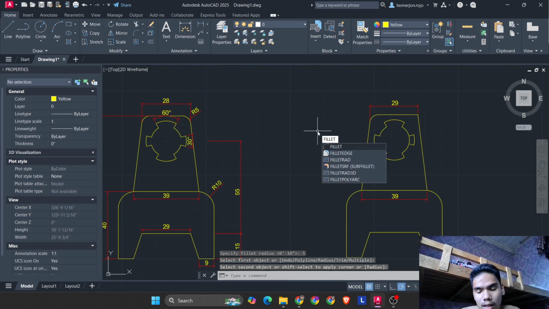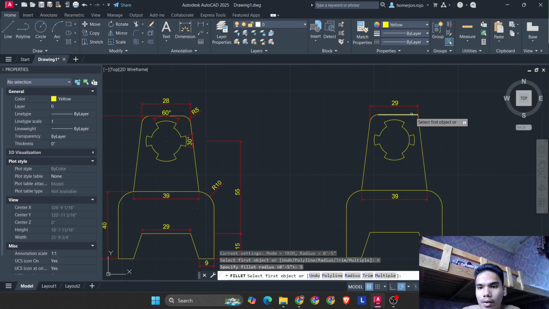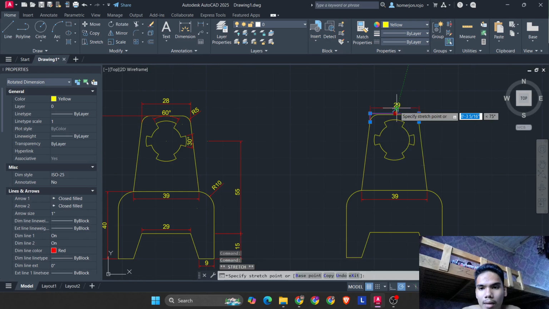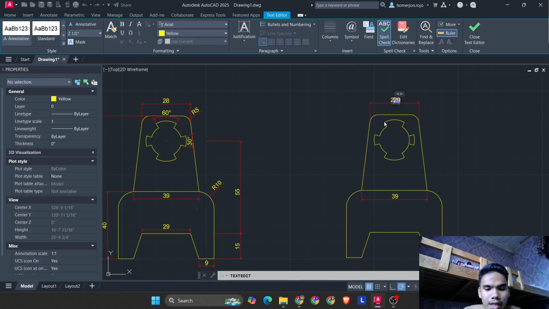Fillet with a radius of 5. See, that got messed up, but we can adjust it, as we did before. We can just type 28.